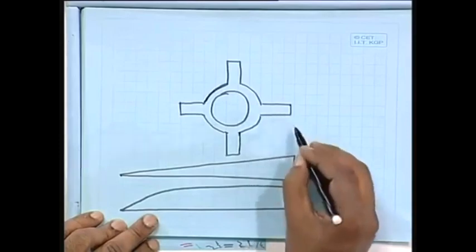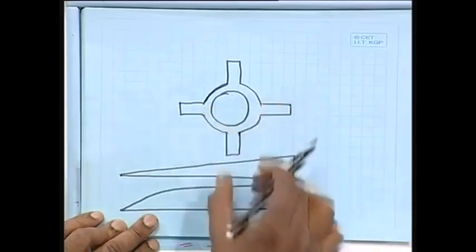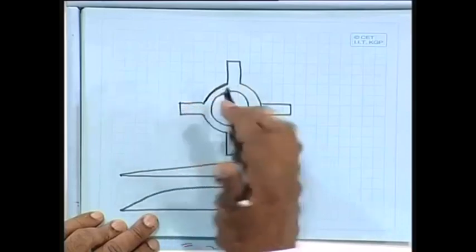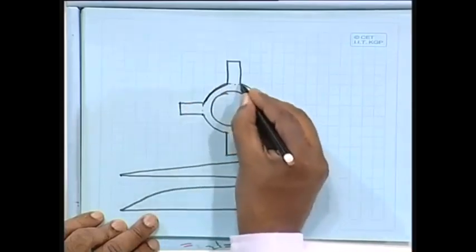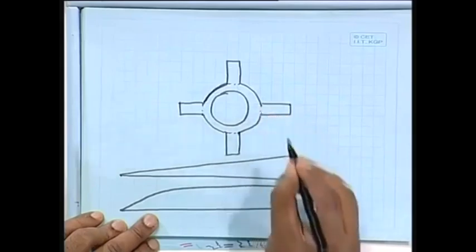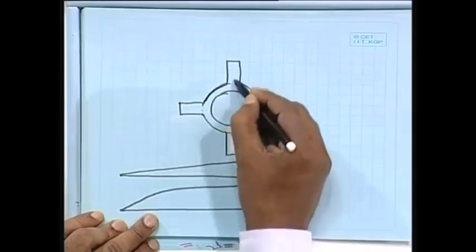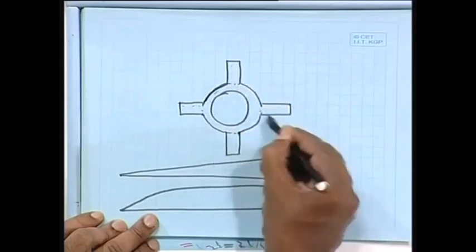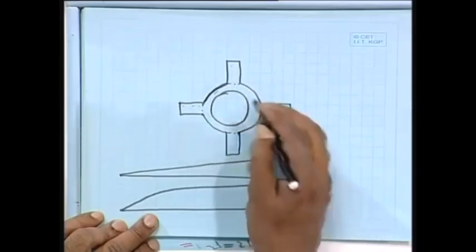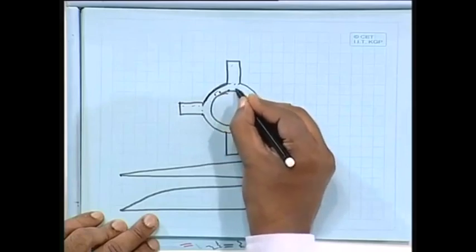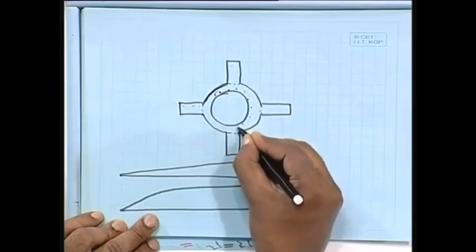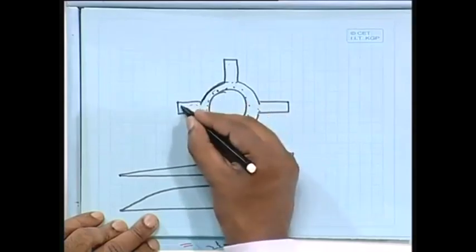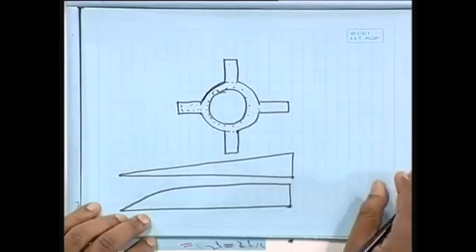Now you can imagine that certain portion here, certain portion here, certain portion you have to remove. Here is a rectangular one, this is another rectangular, this is another rectangular, and all your reinforcement along the periphery, you are giving all the reinforcement along the periphery and also including here. That means not only reinforcement here, also